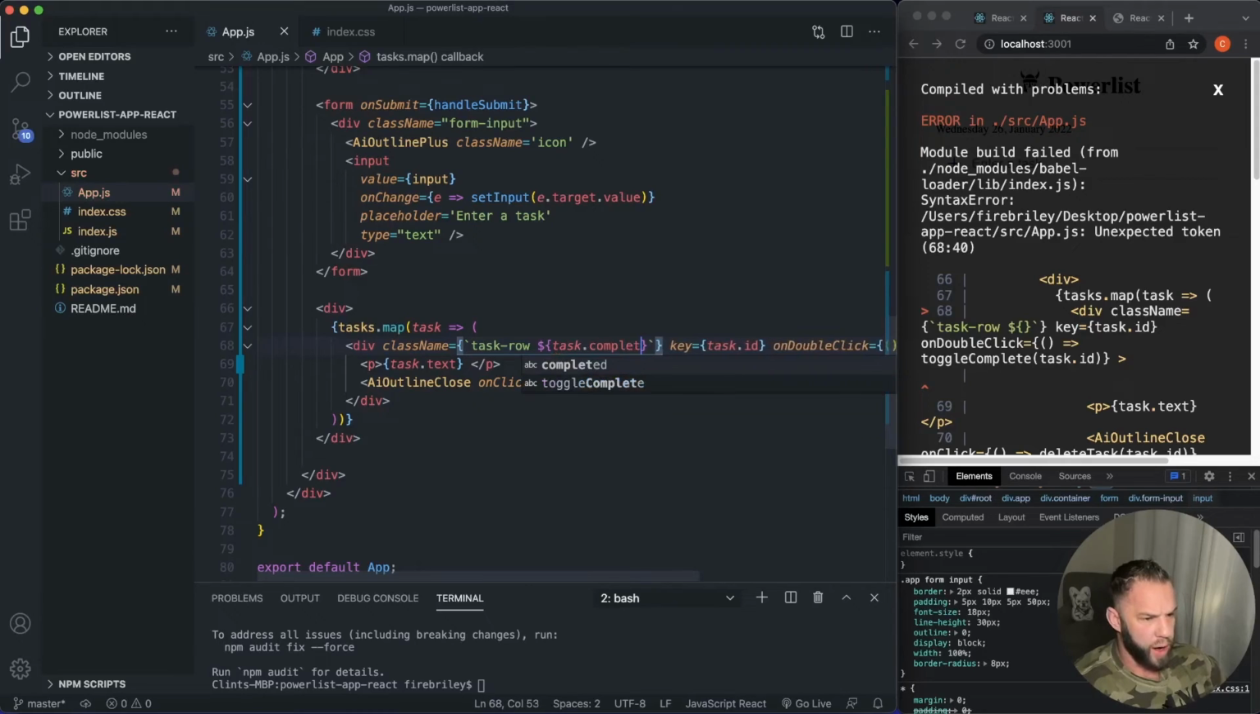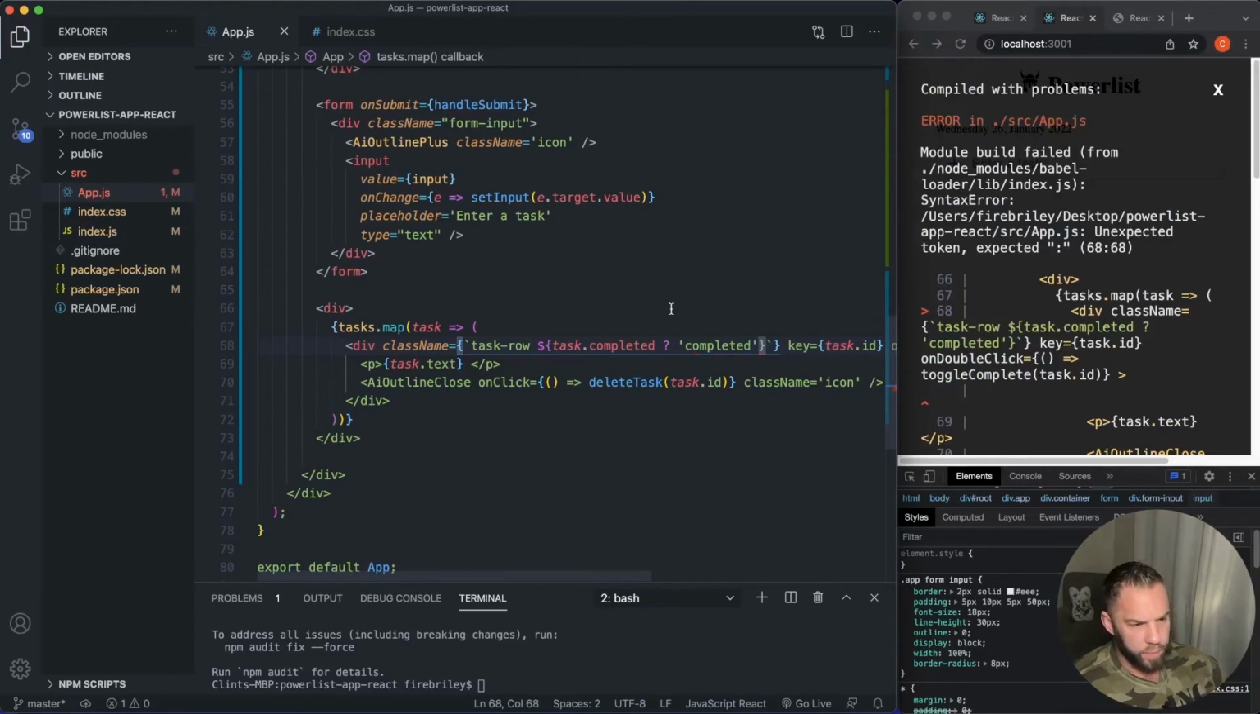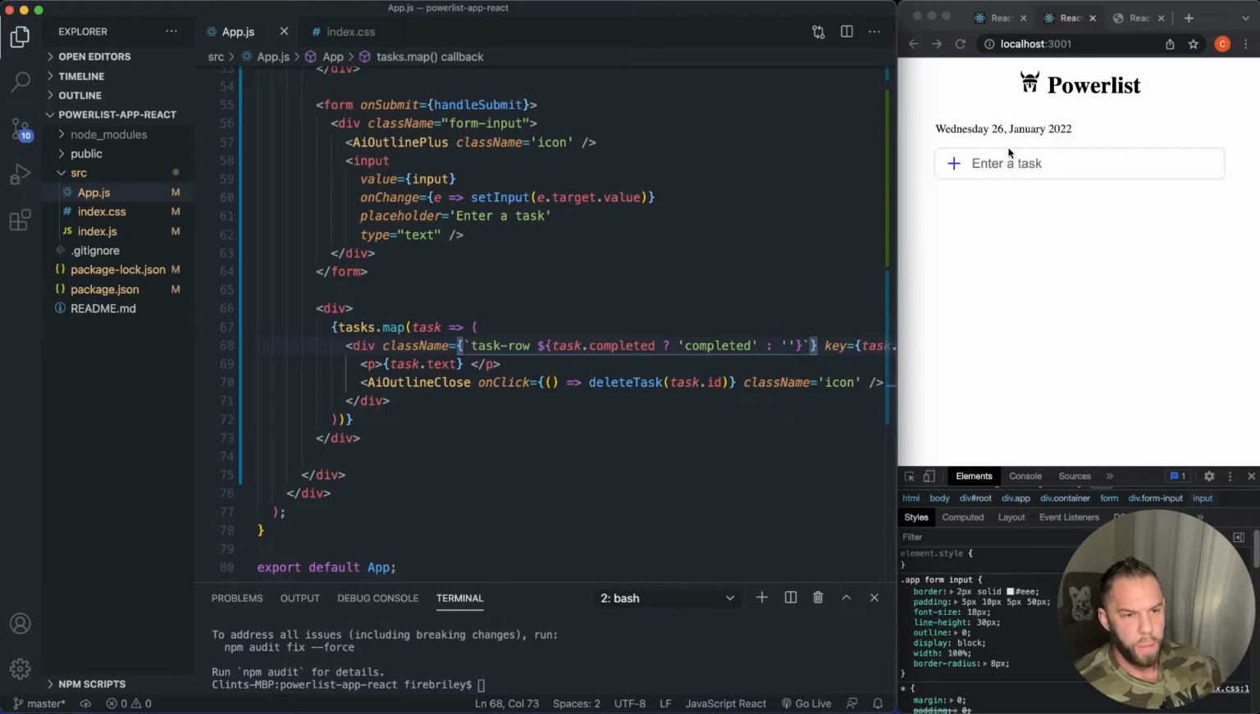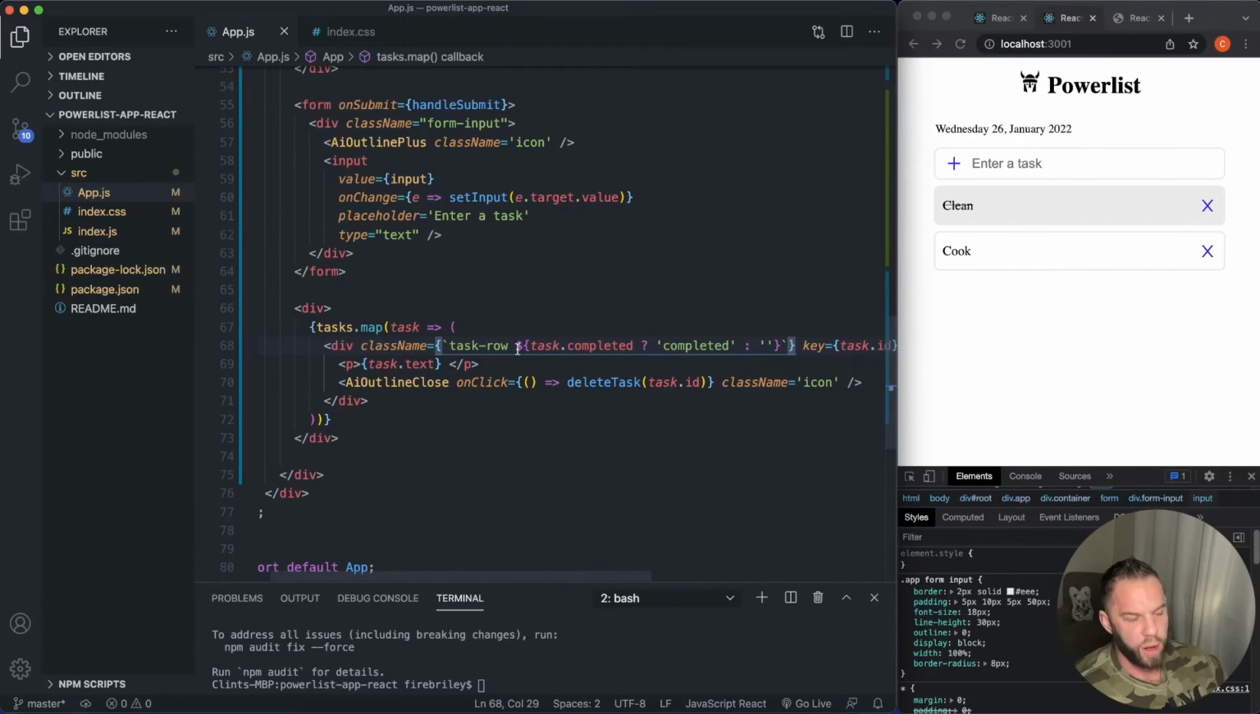We're going to use a ternary operator here. So if completed, what we want to have is completed, else not completed. So let's make sure this works. Hey, there we go. So just to explain this, what we're saying here with the backticks,